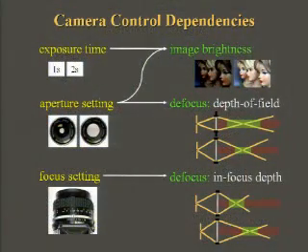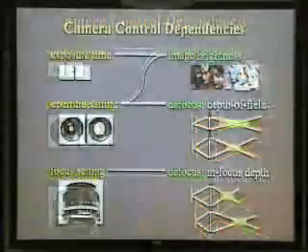So to summarize, just by manipulating basic camera controls, we can obtain different photos that vary in terms of brightness levels and also in terms of defocus characteristics. Both brightness and defocus depend on two different camera settings each, but in different ways. Image brightness depends on exposure time and aperture setting, but these combine in a very simple way. Defocus, on the other hand, depends on aperture and focus setting, but these are orthogonal controls. While focus changes where in the scene is in focus, aperture controls how much of the scene is in focus.